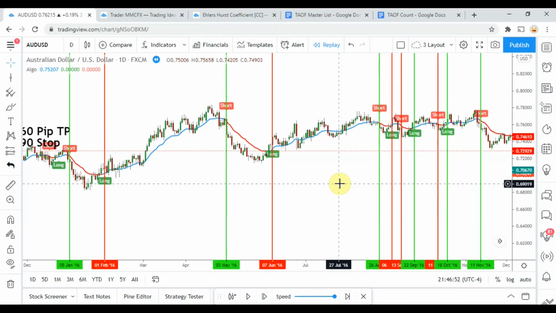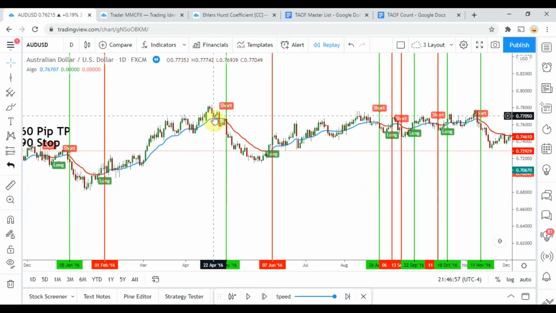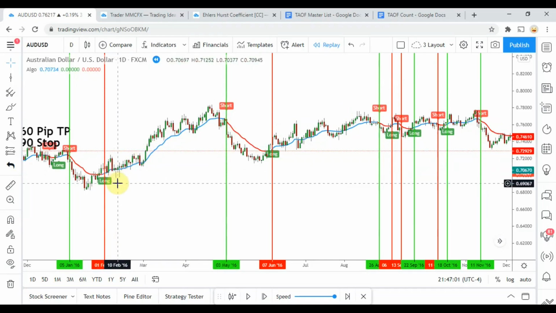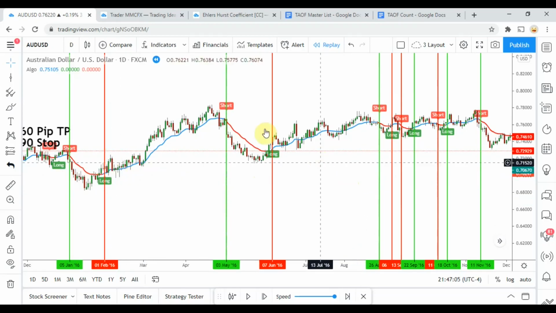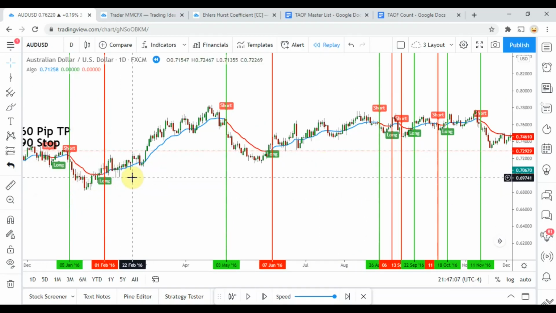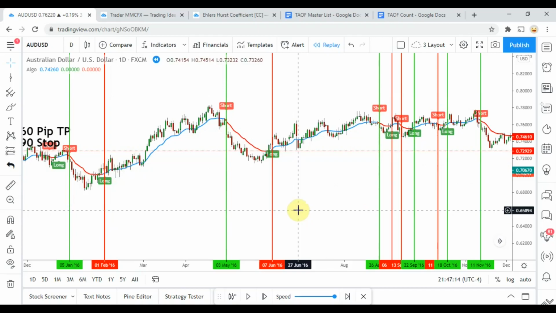Again, it is unfortunate because there were a couple of these trades that turned out to be pretty valid signals, but it just so happened that we got a pullback right about the moment it gave us a signal. And so if you take that into consideration, maybe tweak your stops and take profits a little bit, this could be a valid indicator. It's definitely not off the table, but for now, it's going to have to go on the no list, and we'll move on to the next indicator from here.